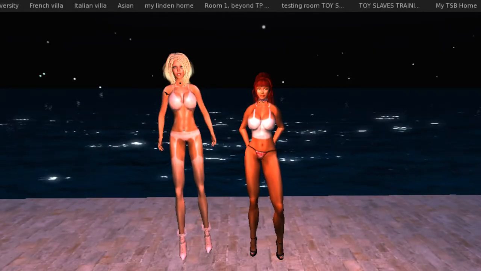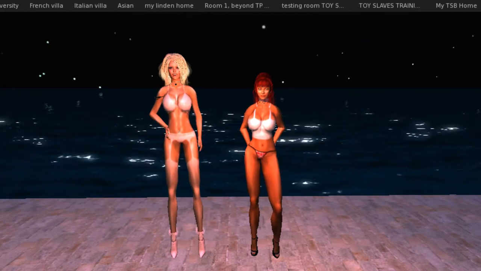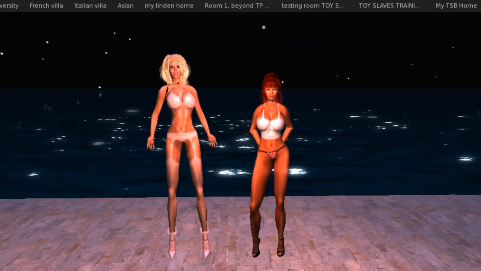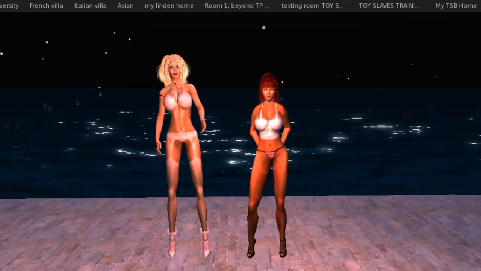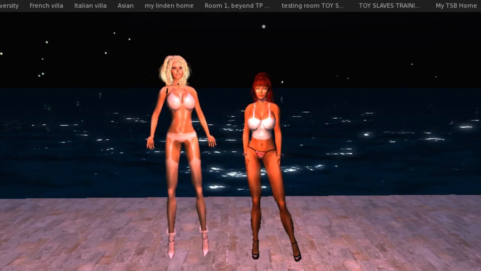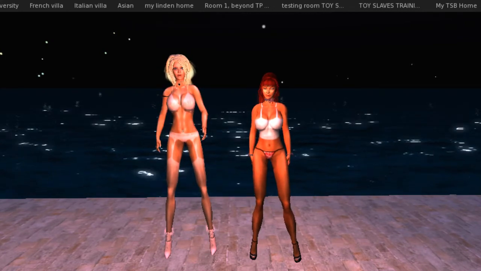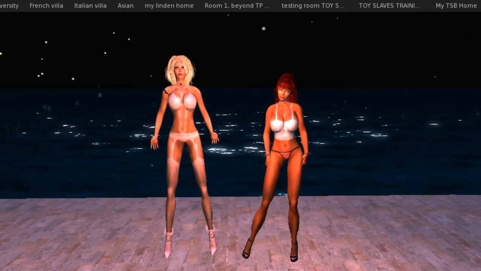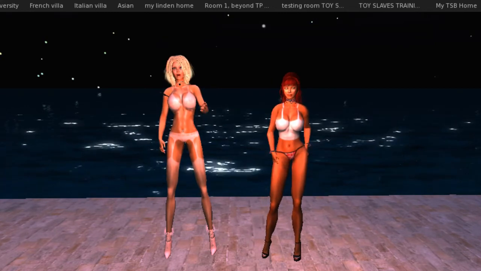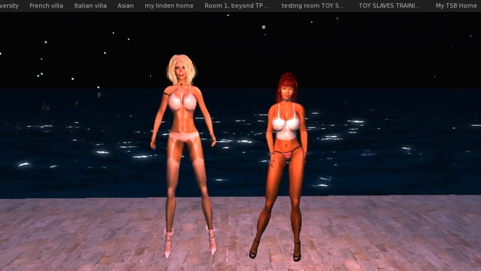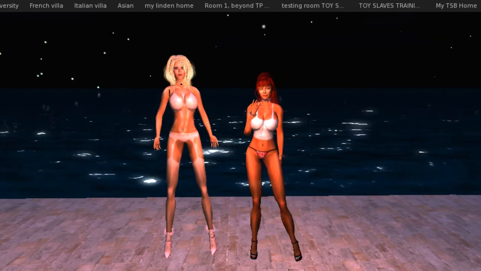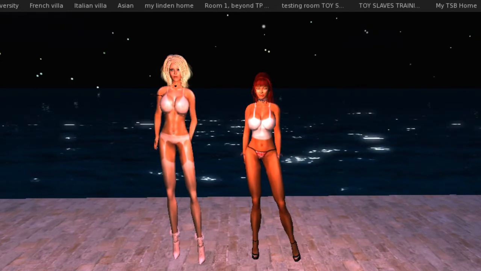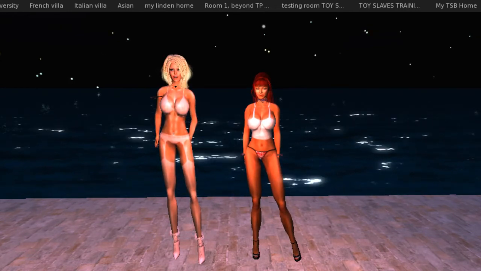So there is another kind of prim, or another kind of object, and those are worn objects, objects that you wear on your avatar. Now, these are not clothing items. They may be part of a clothing set, but they are not clothing items or clothing layers. They are actual prims that are part of your attire. You can mainly tell them apart because they're not attached or layered or painted onto your body. They are sticking out from your body, and they can also be moved just like the prims that we were